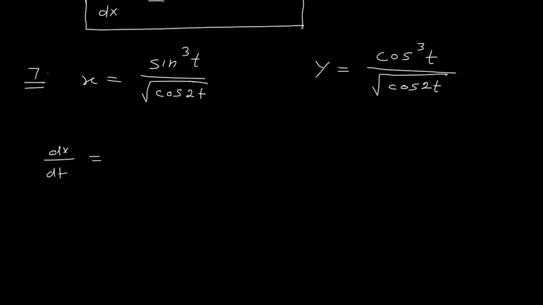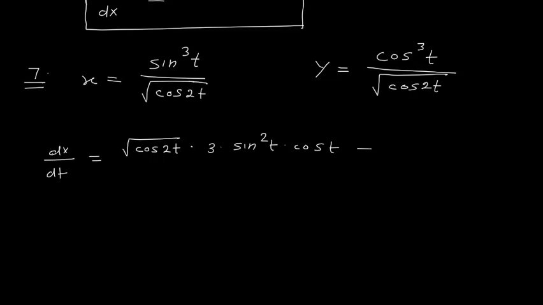I will say this is equal to root of cos 2t into the derivative of sin cube t, which is 3 into sin square t into the derivative of sin t, which is cos t. So it is cos t. What I have done is I have written v, then I have differentiated u, that is sin cube t,